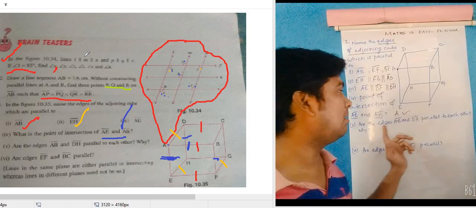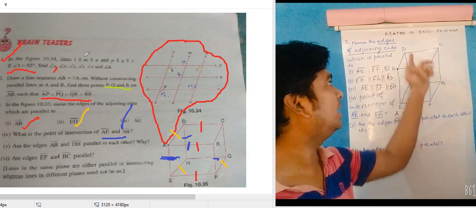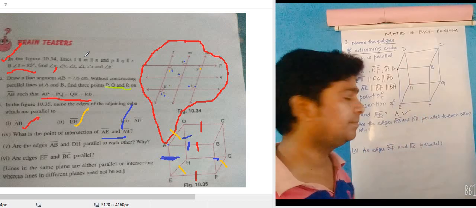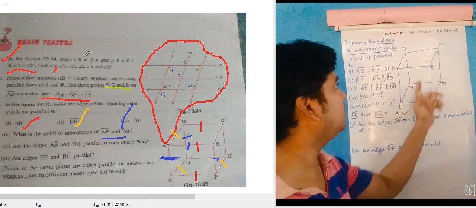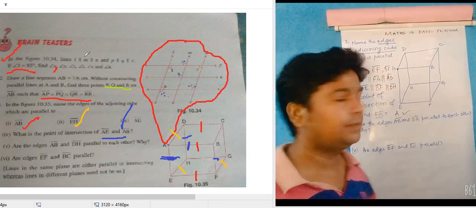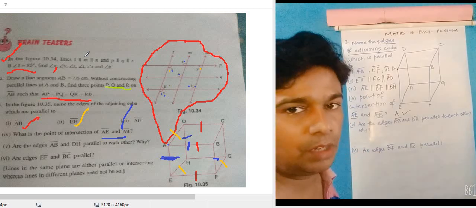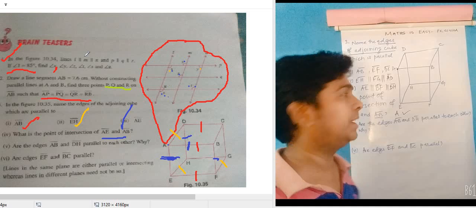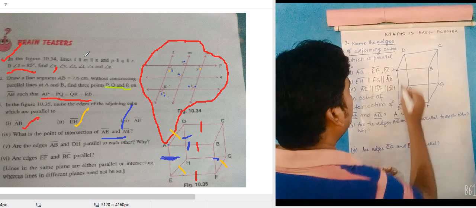So we were discussing: are the edges AB and DH parallel to each other? And one more question: are the edges EF and BC parallel? For both the questions, the answer should be no, because they are not in the same plane. How will we judge whether they are in the same plane or not? AB is here